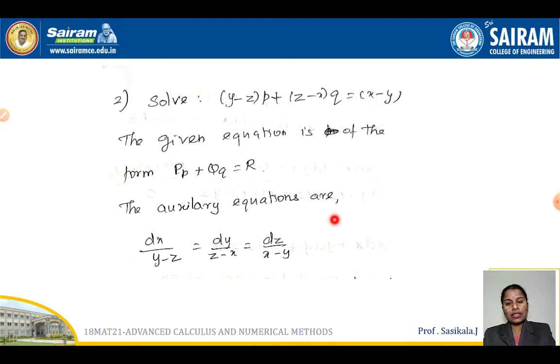The auxiliary equations are dx/(y − z) = dy/(z − x) = dz/(x − y). You can write any two combinations, but it is not easy to go with the variable separable method. In the previous one I had only x and y; we could take the multiple to the other side and go ahead. But here, suppose only dx by y you have, and dy by x alone, then you can take two combinations and go ahead. But I have y − z and z − x, so that is not at all possible with the variable separable method. Here also you can see x − y.